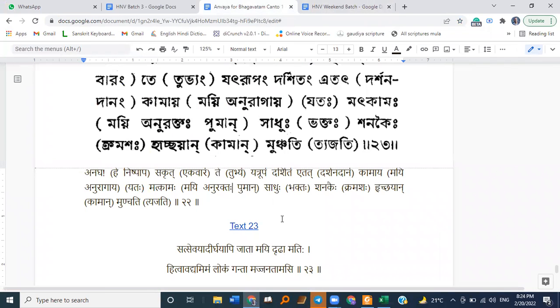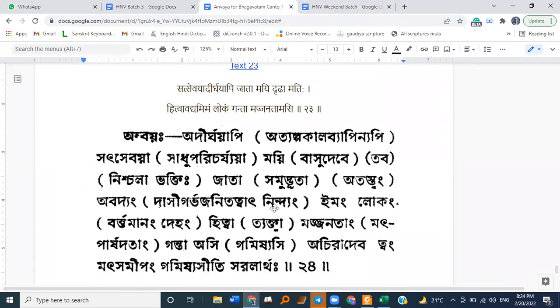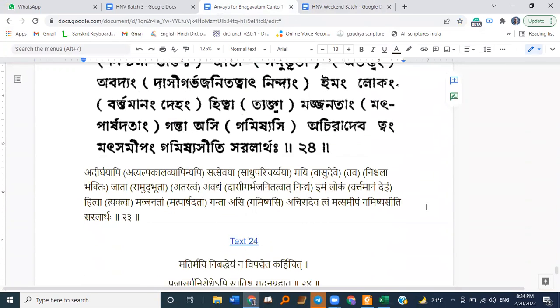Srimad Bhagavatam, Canto 1, Chapter 6, Text 23. Satsevaya dirghayapi jata mai dridhamati hitva vadyamimam lokam gantamajjanatamasi. Which means